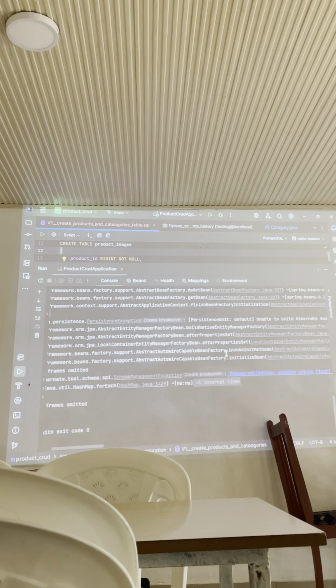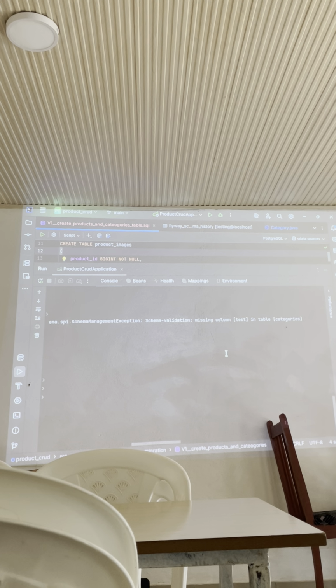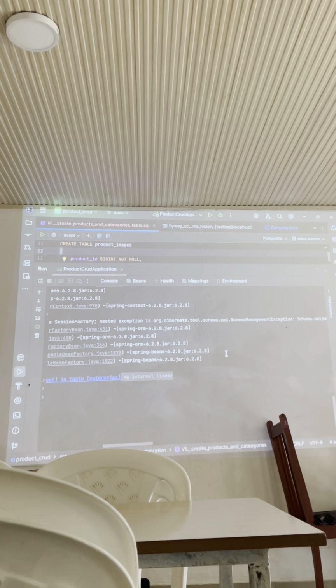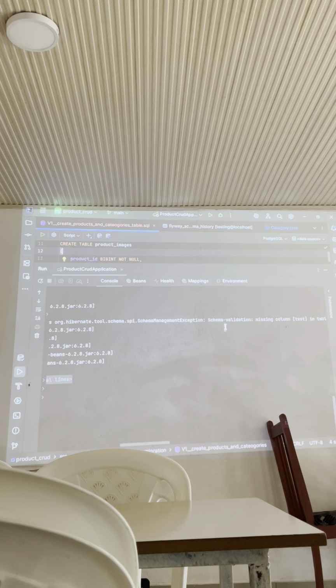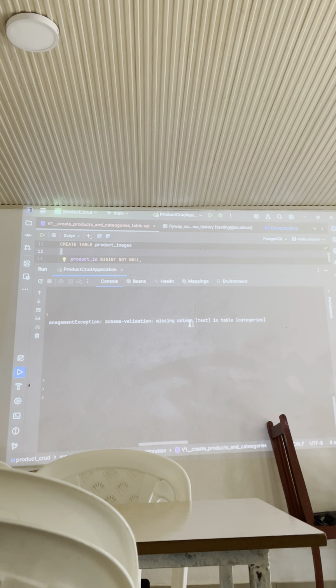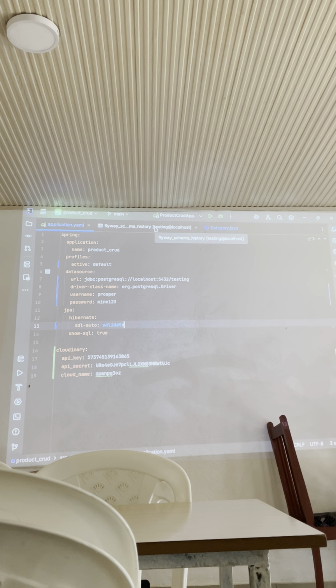Okay, this is the error. They are saying schema validation. This is a schema management exception. It's saying missing column in table categories. Now what you will need to do is